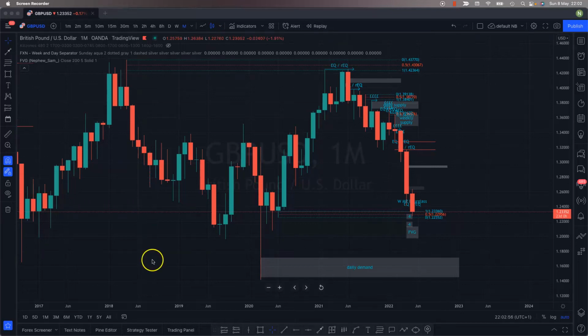Just another very quick weekly forecast session for the week ahead, starting obviously this evening. But as everyone's aware, I don't trade Asia session, so we'll be going from Monday, the 9th of May onwards. Hopefully, we are looking for the bearish trend to continue. However, there are a few factors that we need to watch for within this trend as it develops.